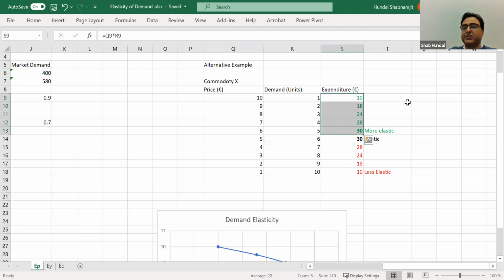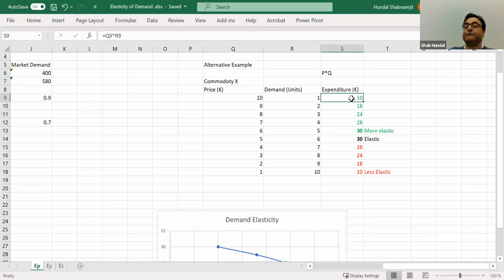And how do you measure the expenditure? Expenditure is equal to price times quantity. Price is low, but the increase in quantity is so much that the overall expenditure is increasing. So this is very paradoxical that on the one hand, the price is falling, demand increases, but demand increased so much that your expenditure starts increasing.